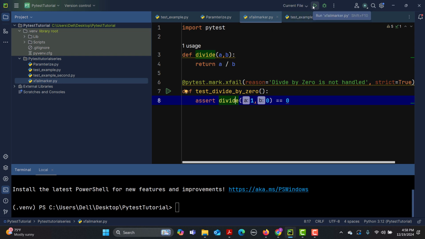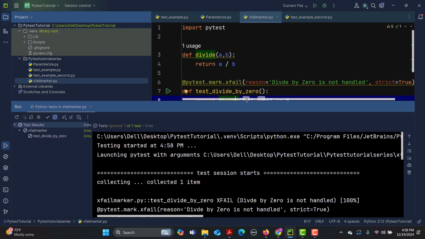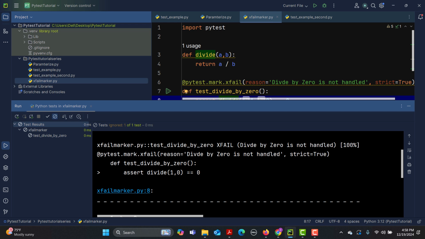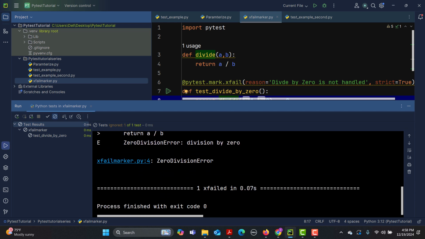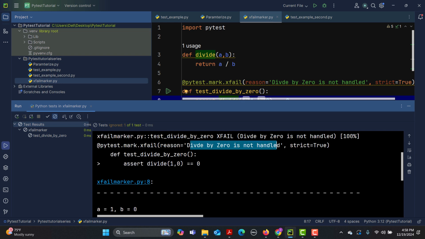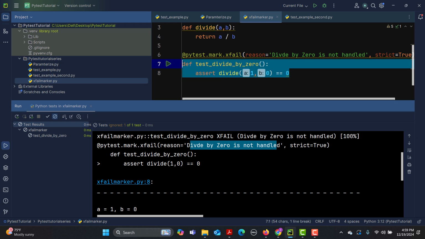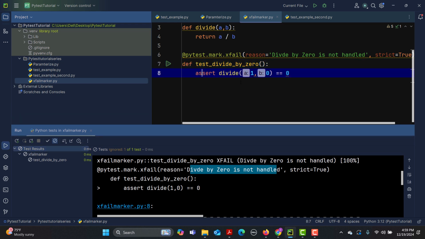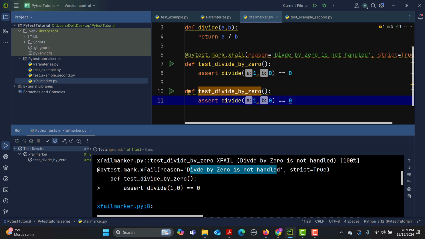So let's run this current file, and you see that it collected one item, and here we got this information, divide by 0 is not handled, and we are getting the proper information. In a similar way, if there's a known bug, we can provide the condition and the reason. So let me copy this and create one more test over here. For example, I know that there is a bug for the subtraction. I will say test_sub_bug, result is equal to 5 minus 3, and I will say assert